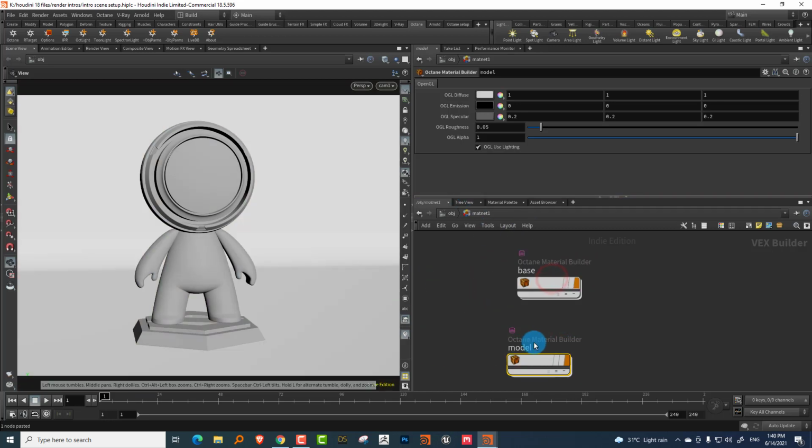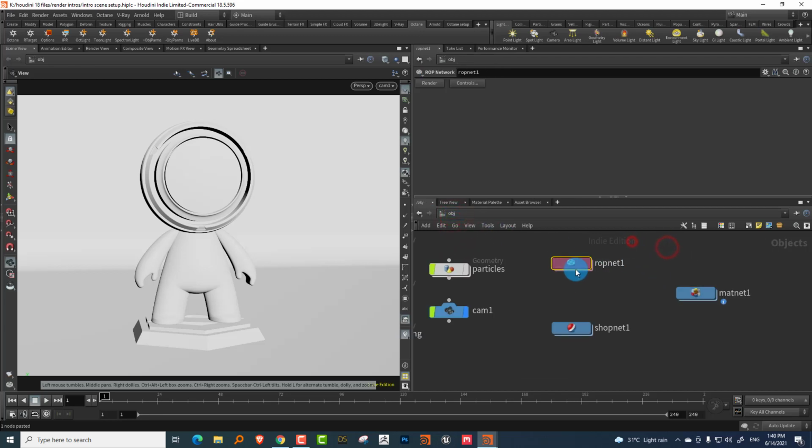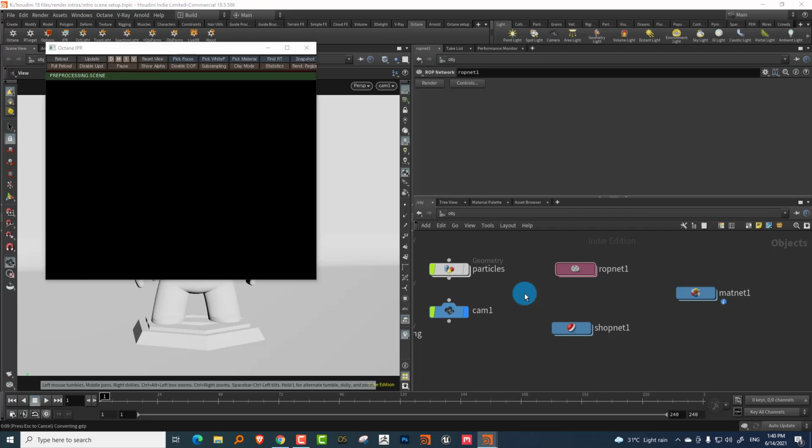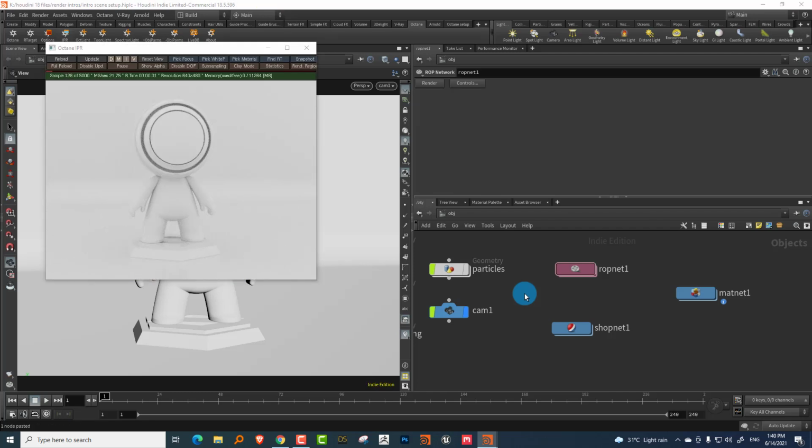I can just drag and drop this, and that's pretty much it. If you've done this much, we can open up the Octane shelf and just click on IPR. The first time you click it, it takes a little bit of time to start. And there you go. So you have your IPR.